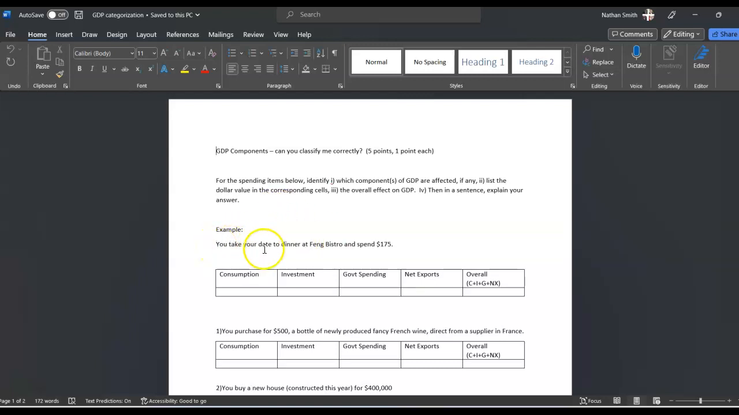It says you take your date to dinner at Fang Bistro and you spend $175. That's a pretty nice date. The first thing you would do is say, okay, which type of spending, consumption, investment, government spending, or net exports, is that? From your reading, you will identify that that's a non-durable good, dinner, food. By definition that is consumption, because consumption is spending on goods and services by the private sector. So I'm going to put plus $175 in the consumption category. I can leave the other ones blank because it's not investment, it's not government spending, it's not a net export. So overall, GDP has increased by